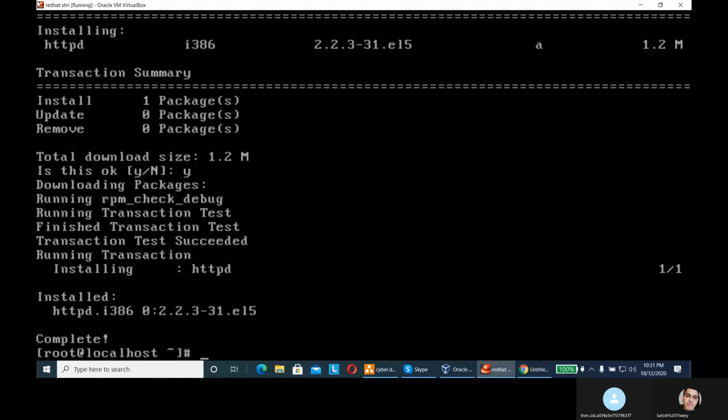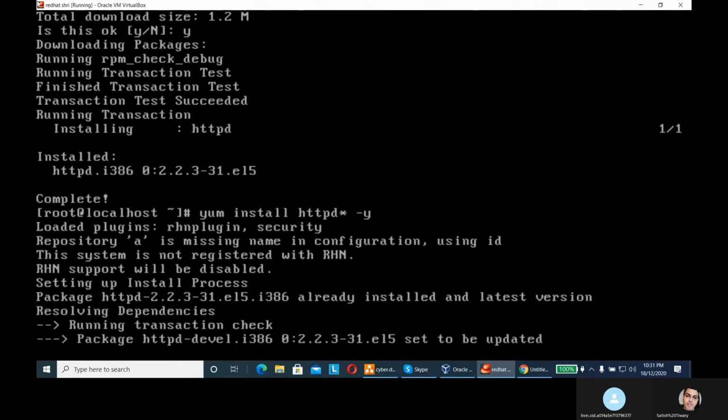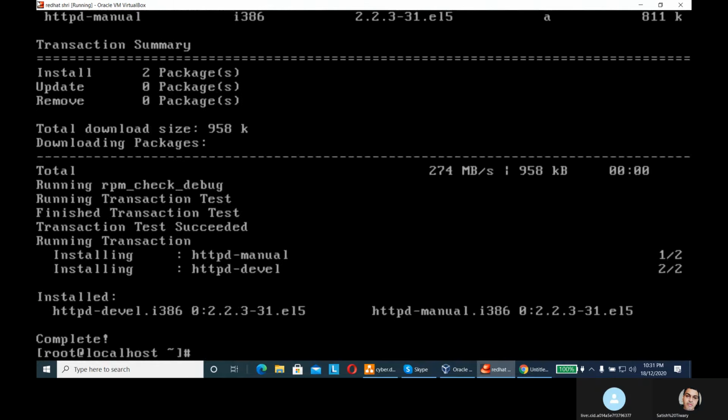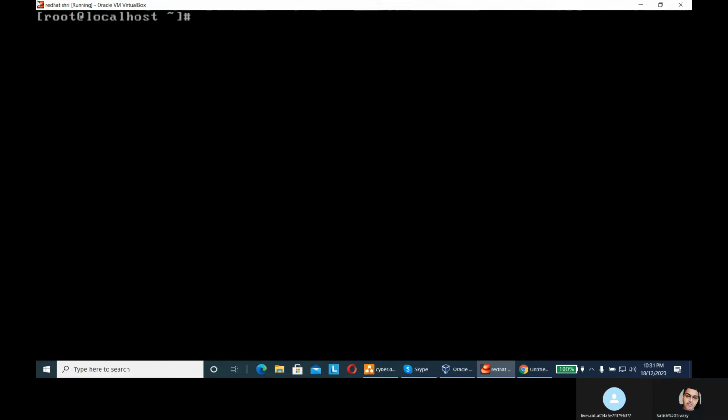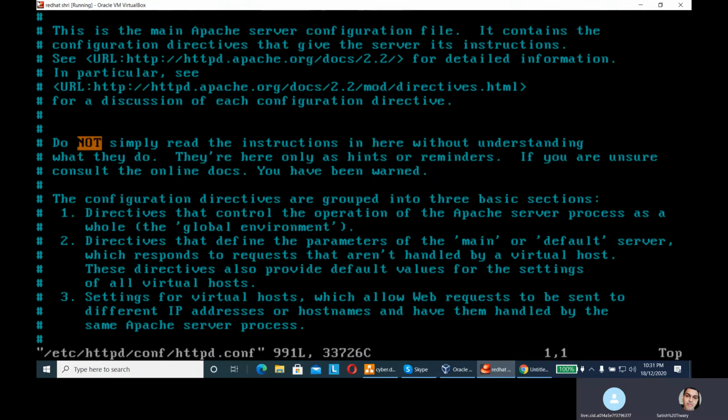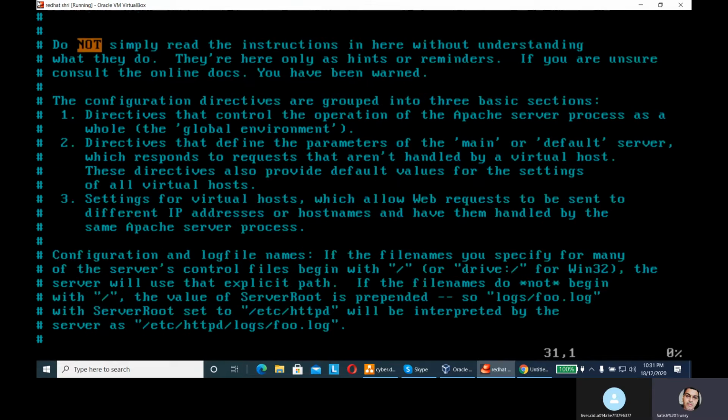You can also make it like this. That's all. Because yesterday we made so many changes in the configuration file, we don't need to make any changes in the configuration file during this lab. There will be no change.